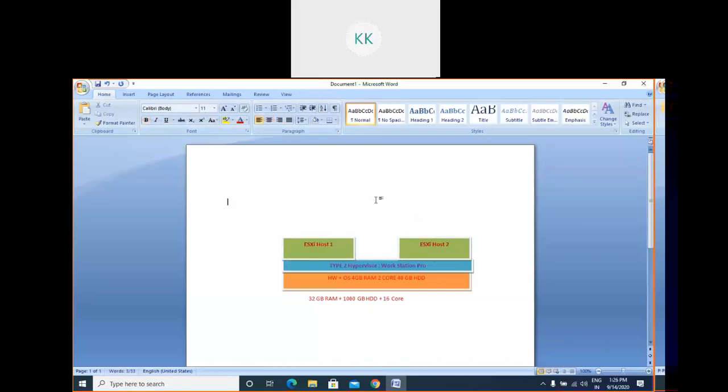Okay, so this is our setup. Now, you cannot go for two types of host, because I am presuming that all of you have a PC with not more than 8 GB. Can you tell me what is the maximum RAM you have with you? 4 GB, 8 GB, 16 GB? How many of you have a 16 GB PC? Yes or no, please. Is there anyone who has a 16 GB PC?